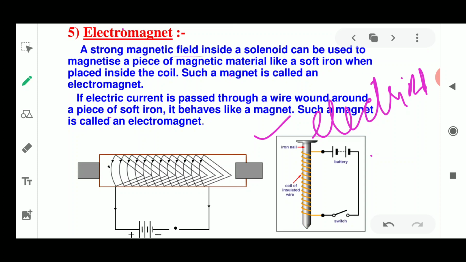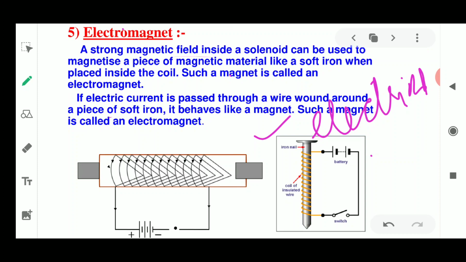Okay, in the straight current carrying conductor we have found that concentric rings are produced, whereas in the circular loop we have seen concentric circles in between the two loops, and in the center of this cardboard we can see that parallel lines could be seen. These parallel lines are also because of the huge magnetic field produced in the circular loop.